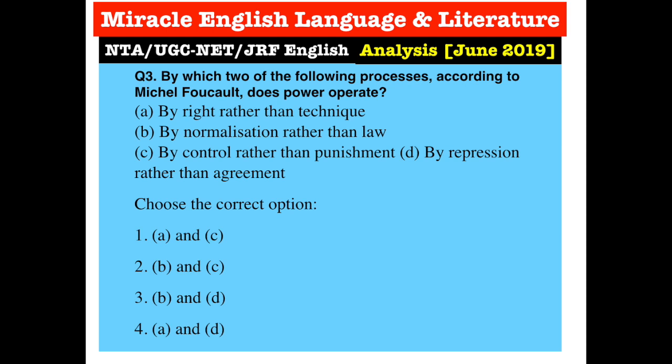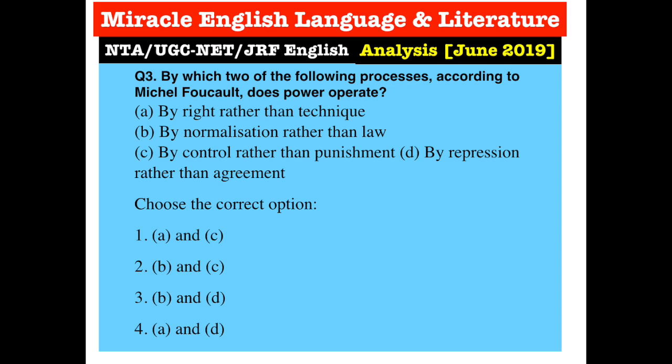So B says by normalization rather than law. There are so many examples. You have to make the society normal, function normally before imposing any laws. Suppose you are imposing demonetization. So all the banks, all the ATMs, all the internal technical structure should be normalized when you announce such a